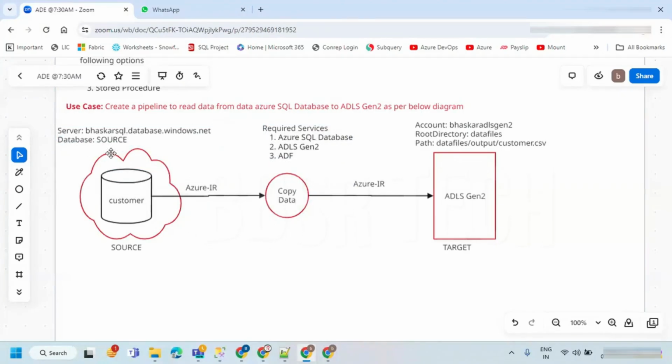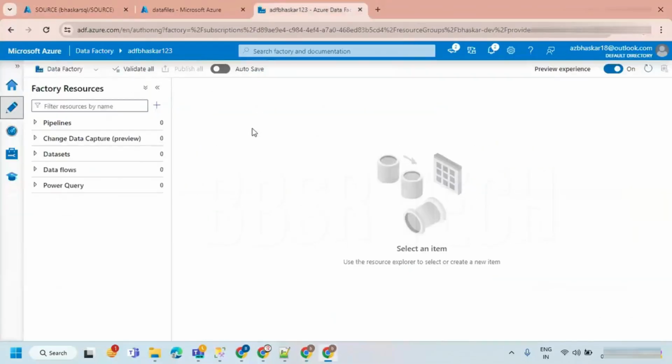Okay, so I just provided those details here, and I'm going to create a dataset.